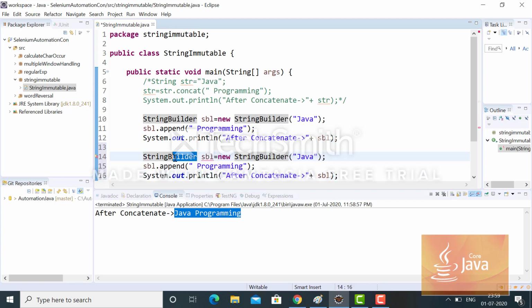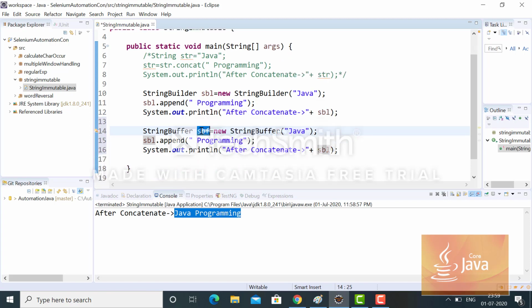Similarly, StringBuffer. Let me comment out this also.